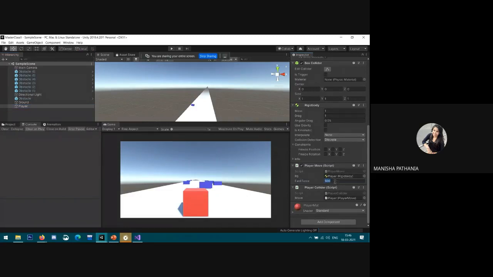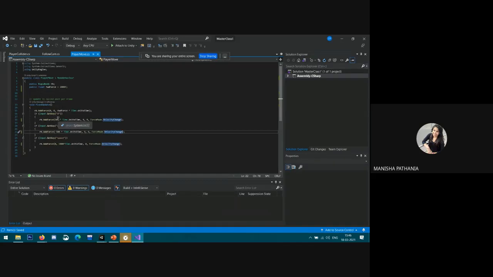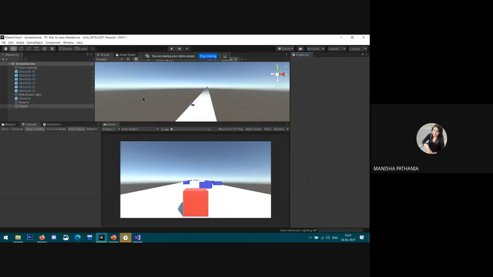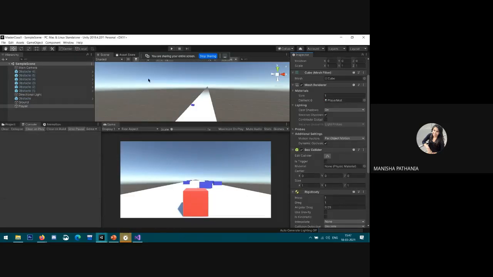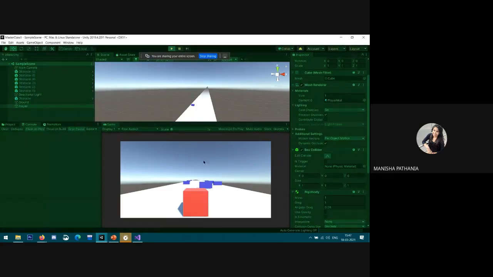So forward force is something like, yeah, we can give the sideways force to, let's suppose, 50. 500 is too large, so that's why it's happening. Yeah, now it's fine. So see, we can add the force. Sorry, we can add the fog.